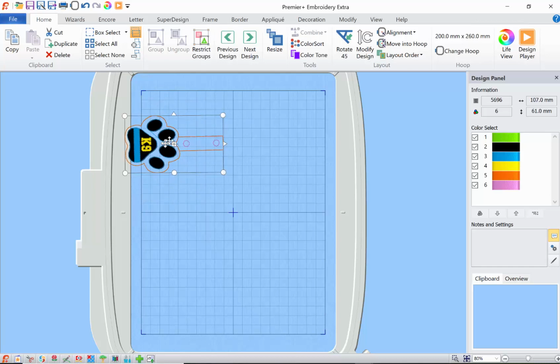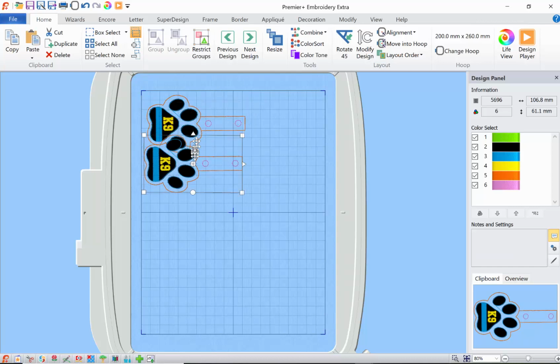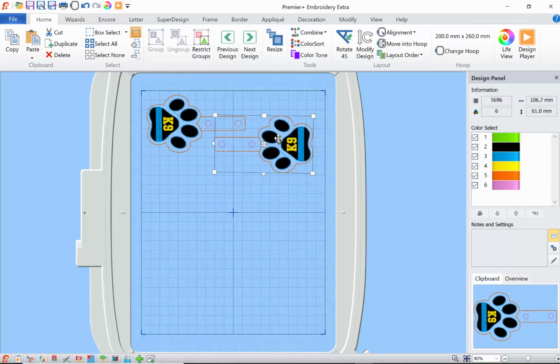So if you want to do several of them on one sheet of vinyl, you can tilt it like this and then say Control C to copy and Control V to paste. You won't notice because it pastes on top of it, but if you move it away, you have another one. So you can rotate that one around, and then you can flip that. Don't get it too close because you do need to cut them,